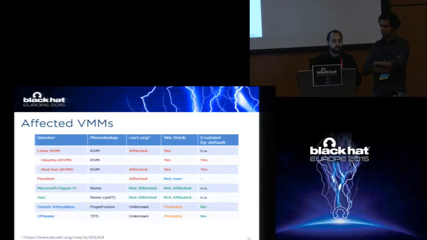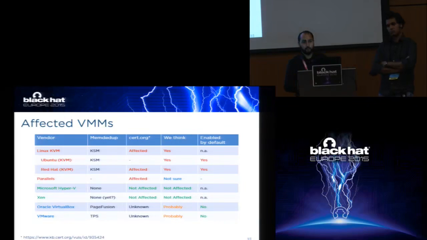So they probably take these results into consideration. And for Oracle's VirtualBox and VMware, there is page-based memory deduplication implemented. It's called Page Fusion in VirtualBox and TPS in the VMware world. So we think they're probably vulnerable if it's enabled. In both of these cases, memory deduplication is not enabled by default, so with the default configuration, you're fine. Although VMware, I think, started disabling it by default one or two years ago. So if you have old deployments, they might still use memory deduplication.